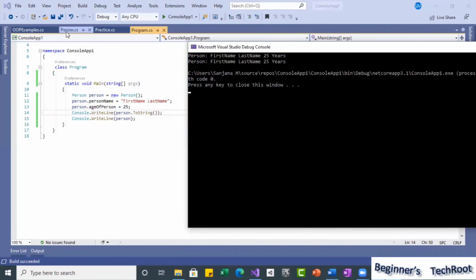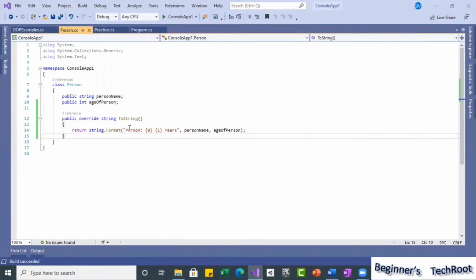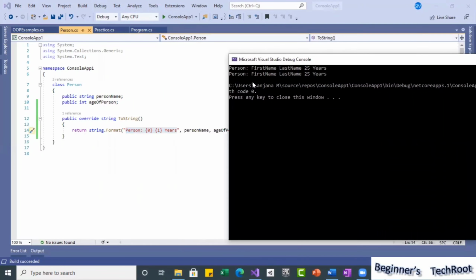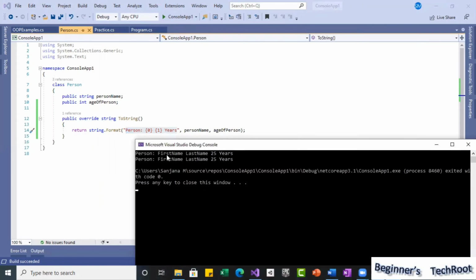See how we defined it: person colon, this is the string format we have given. Then index 0 is nothing but the person name, so first name space last name, because the person name we have given is first name space last name.